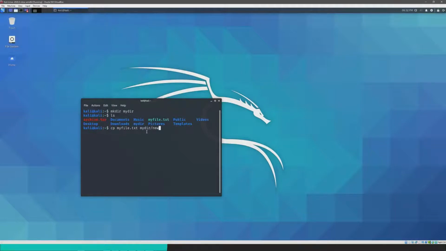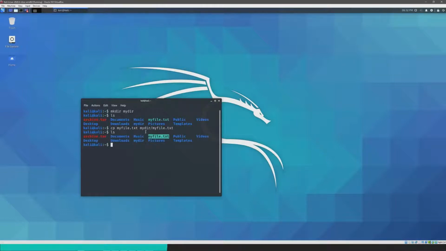Like I can change the name of the file to newfile.txt. So if this moves it over, it will change that to newfile.txt, but the contents are the same. But since I want to keep the name the same, I'll just repeat the name of the file and just do myfile.txt. That's typically what you'd be doing when you're copying things over. So let's check.